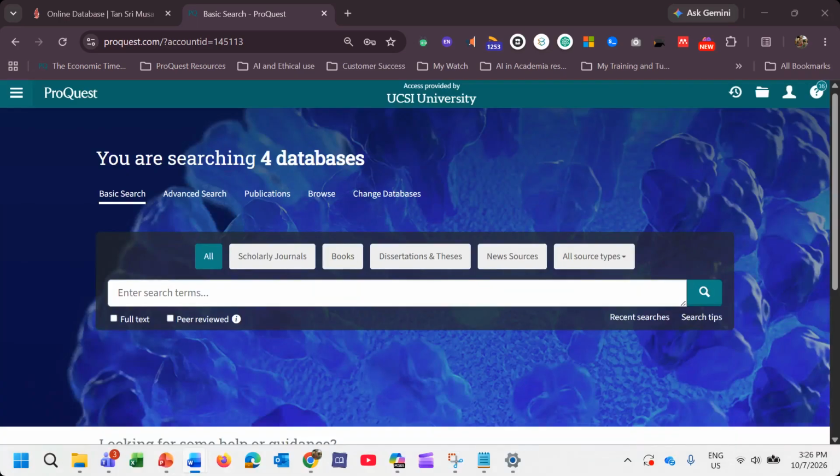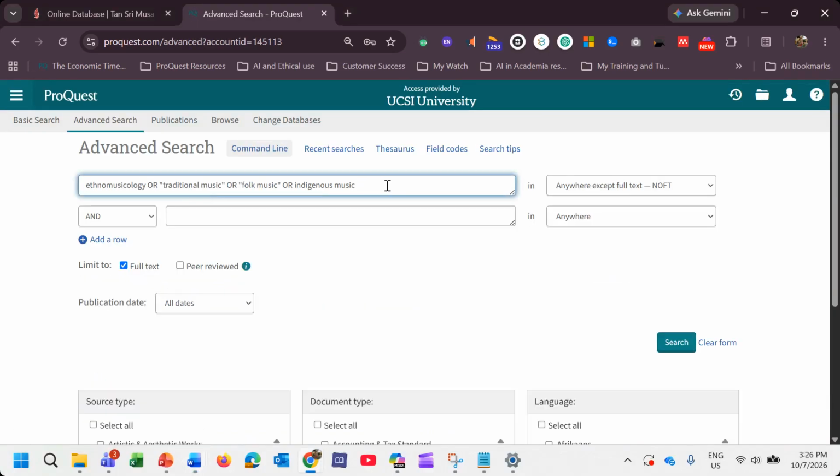Okay, so let's say you're interested in how Korean popular music, K-pop, Hallyu or the Korean wave, is impacting the young generation. Then you can also do a quick search, like this: K-pop. When you have a quotation mark here, you must make sure you have it here also. So K-pop, Korean popular music, Hallyu or Korean wave.